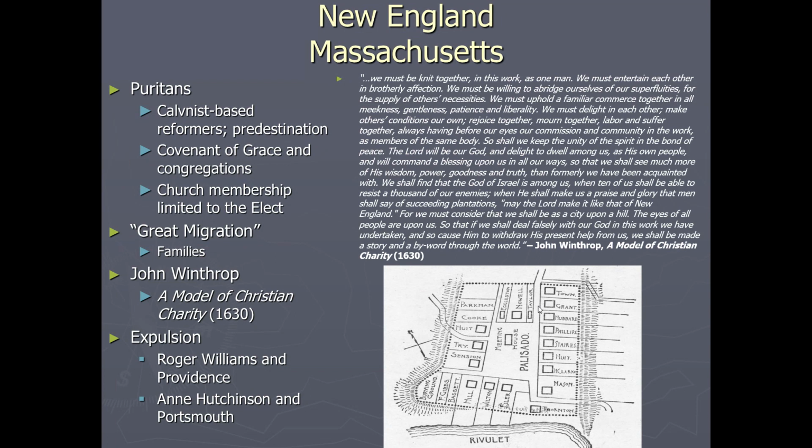Now, when they came over in 1630, that's going to be called your first Great Migration. So this is a migration of British Puritans coming over to Massachusetts Bay and settling there. Their leader was a guy by the name of John Winthrop, which you see here, and this is his speech on creating the city on a hill. It is a sermon called The Model of Christian Charity. And if you were to read this, you would find that they believe,